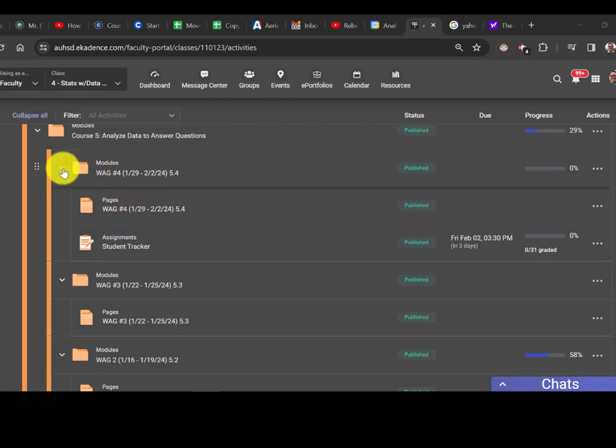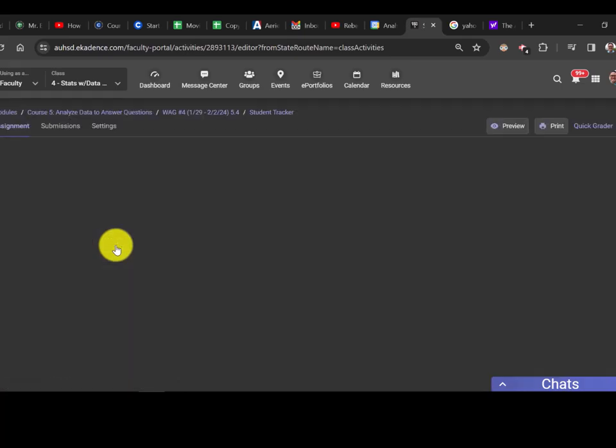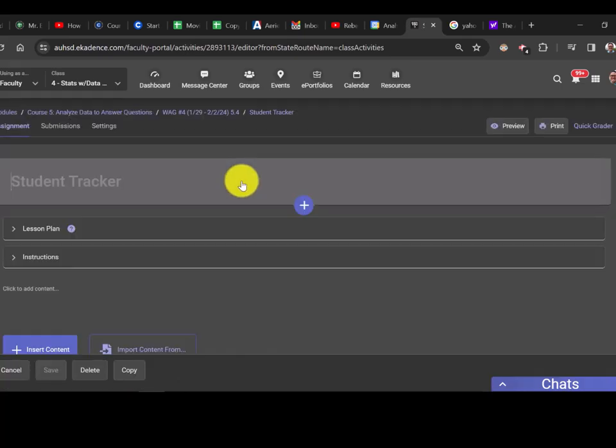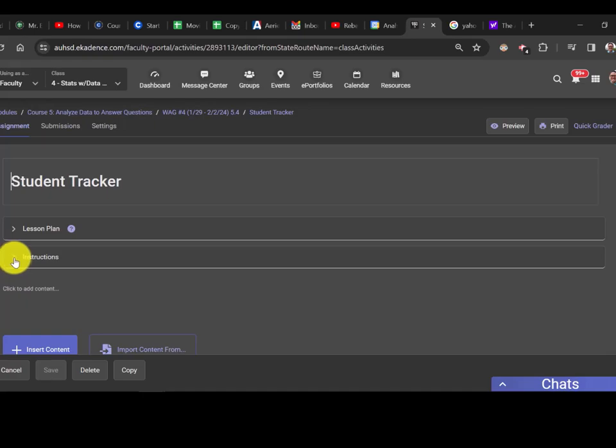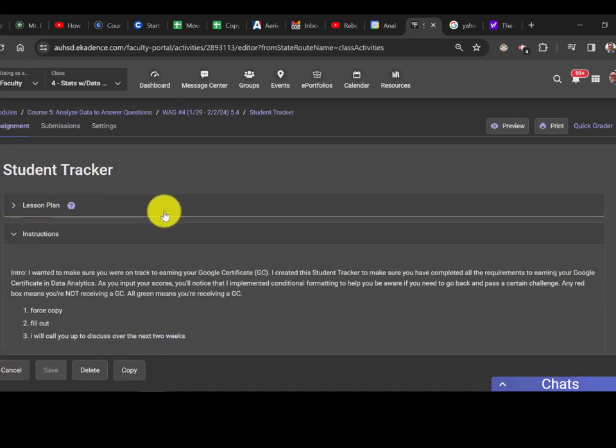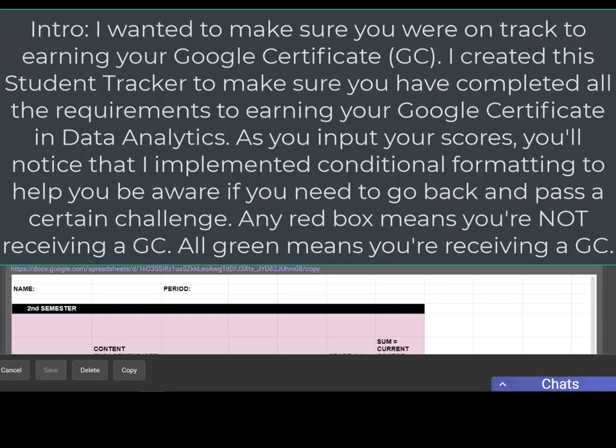Alright, so in WAG 4, I added something called the Student Tracker. It's not due until this Friday, 3:30. And if you click on the instructions, I wanted to make sure you were on track to earning your Google certificate. I created the Student Tracker to make sure you have completed all the requirements to earning your Google certificate in